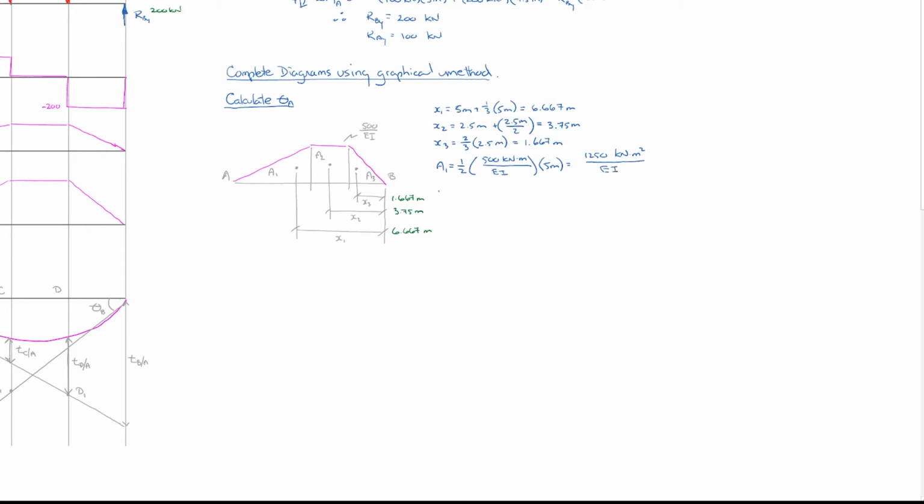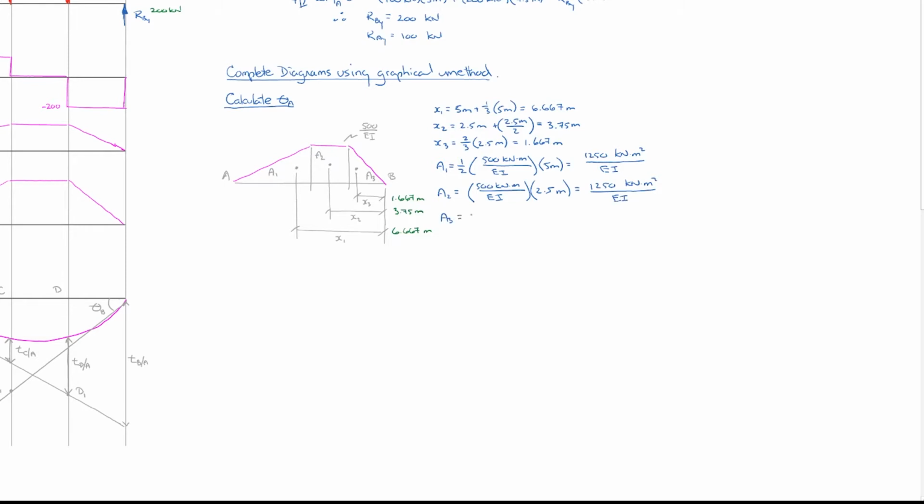And we'll do the same thing for A2. Area 2 is a rectangle, so it is the 500 kilonewton meters multiplied by the base, which is 2.5 meters in this case. That's equal to 1250 kilonewton meter squared divided by EI,